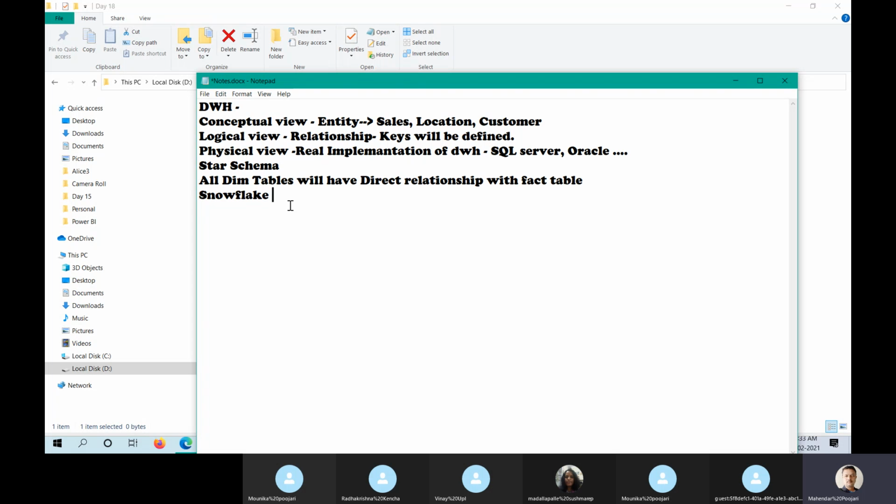So what is the snowflake schema? Simple: an indirect relationship. One or two tables might not have a direct relationship with the fact table. Let's assume a product category table is there. Apart from product category, you also have a product subcategory table, but this subcategory is not directly related to the fact table.